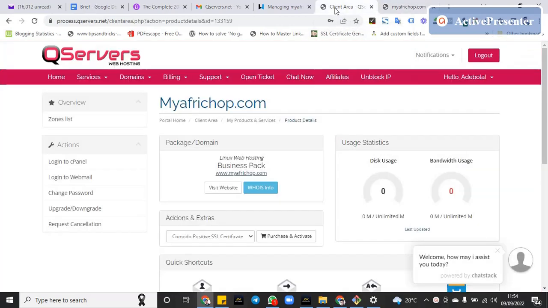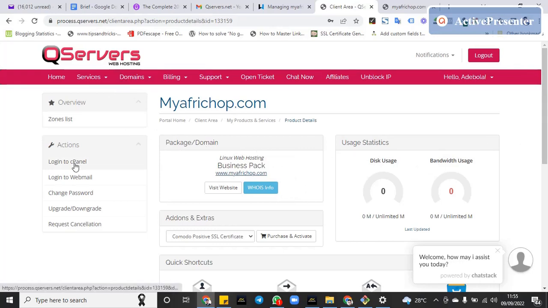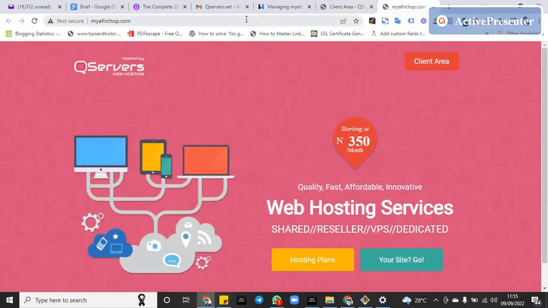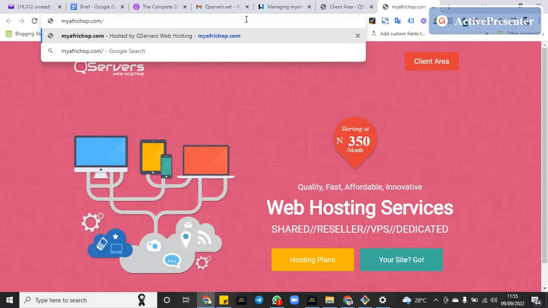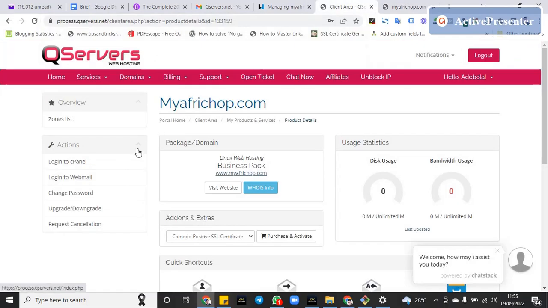So if I come back to my hosting account, I'm just going to log into cPanel. Well, you can also log in to cPanel by just adding /cPanel to your domain, but I'm just going to do that from the hosting account. So I will click on login to cPanel,